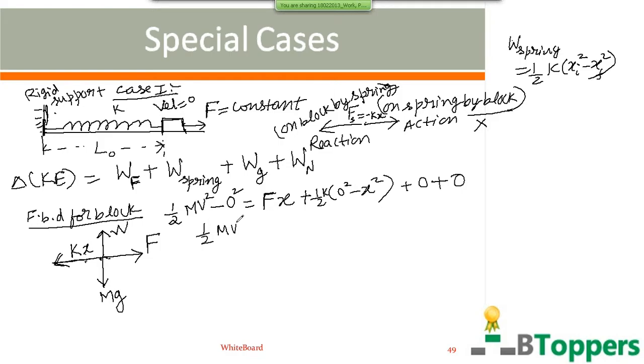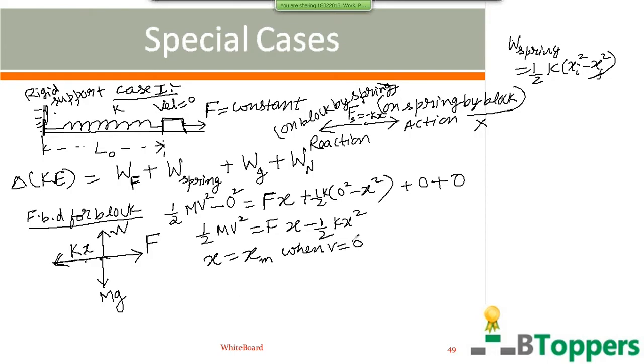So you can write half mv square equal to Fx minus half kx square. This is the equation from which you can find the velocity of the block at any position during subsequent motion of the block. The elongation of the spring will be maximum at the instant where velocity becomes 0. The maximum elongation is denoted by x subscript m. x equal to xm